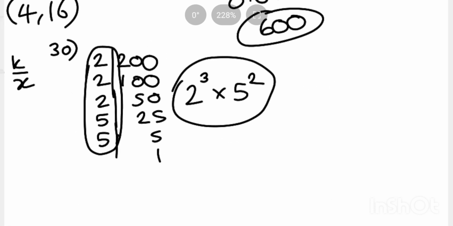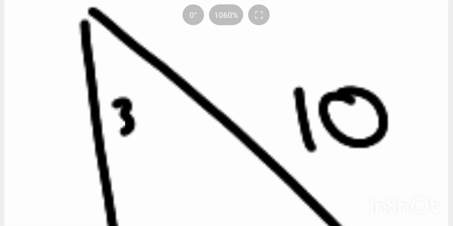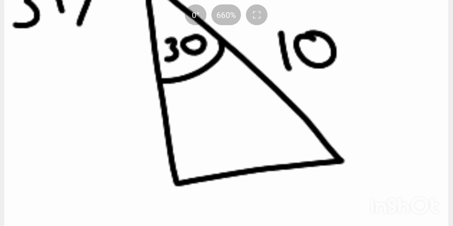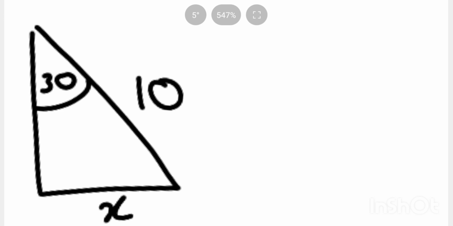Question 31. Here is a right angled triangle. Work out the value of x using trigonometry. This side is 10, this angle is 30 degrees, and this side is x. So if we go through SOHCAHTOA,